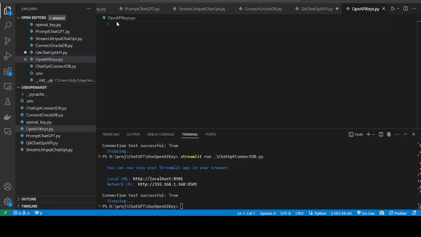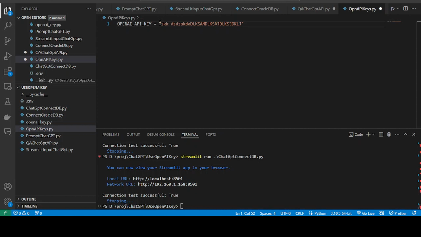So this is the file we created. I'm giving the name OpenAI API keys .py. You can give any name. So OpenAI API key, and you have to give the key in double quotes. So you have to paste it here, something SK something, that key you have to get from